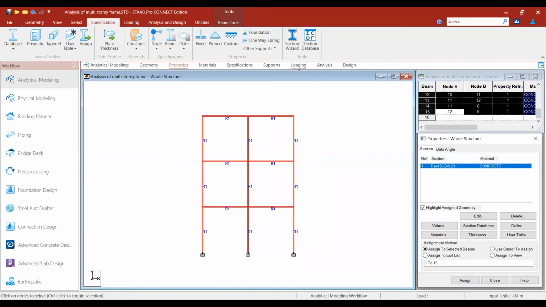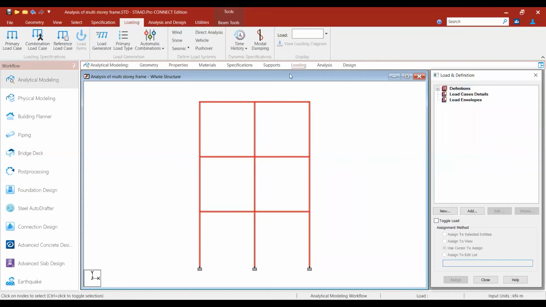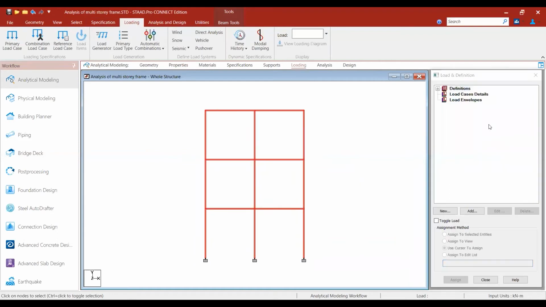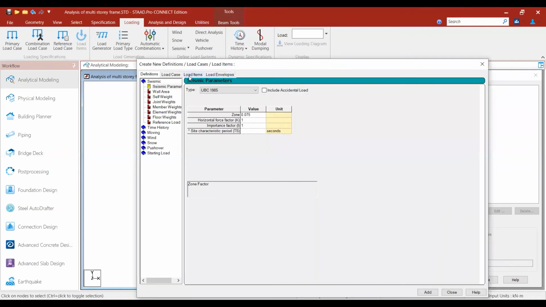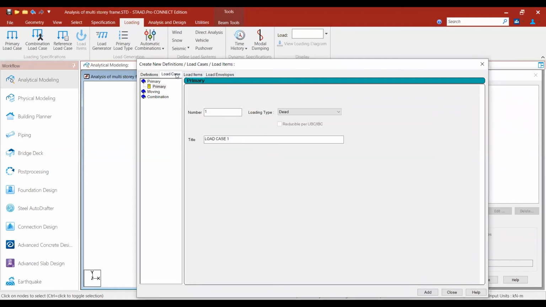Next is loading. You select the load phase details, and after that you select new. Load phase object. You select load number one, dead load.